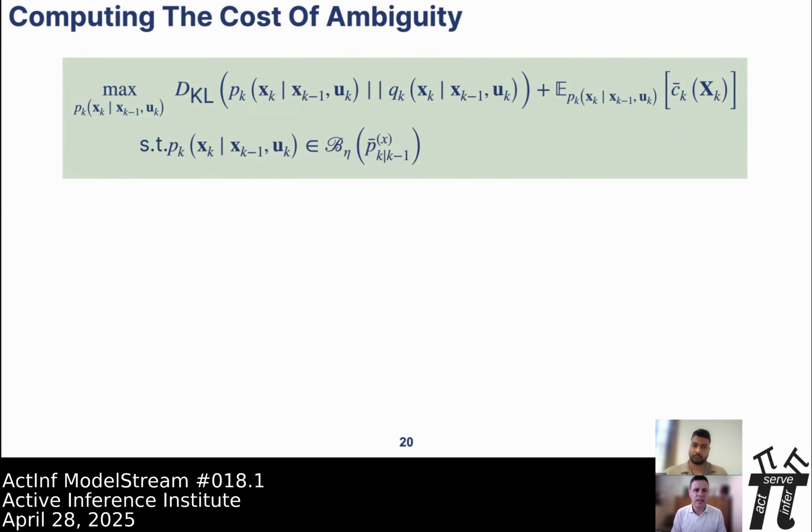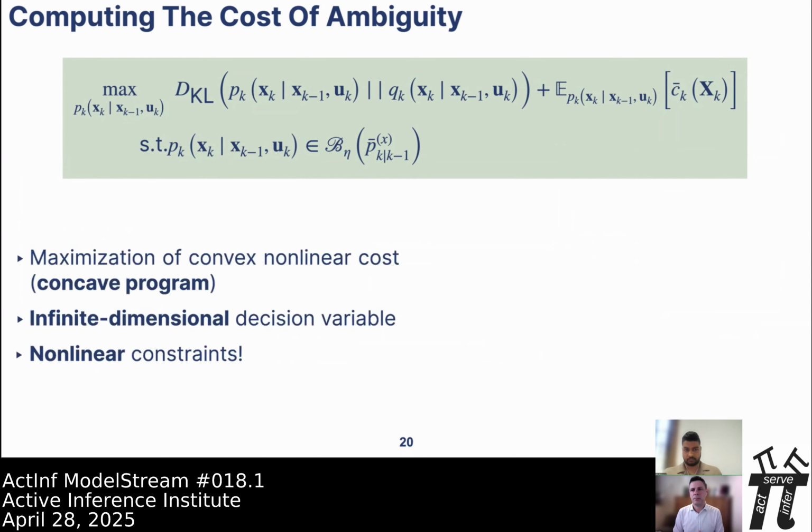Now, this is a very hard optimization problem because it is infinite dimensional. So this is optimization in the space of densities, okay? And it is also a nonlinear problem, although in a constraint that is a compact set. It turns out that most of our methods, the formal methods that we developed, were aimed at proving that you can actually compute this cost in a rather efficient way, I would add, or at least with off-the-shelf tools from convex optimization.